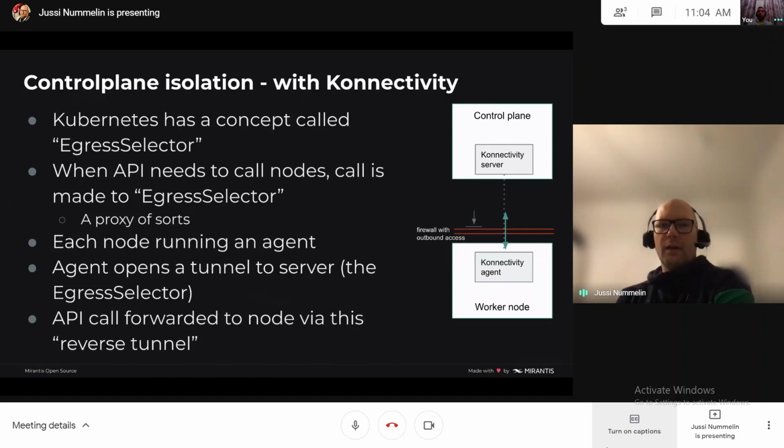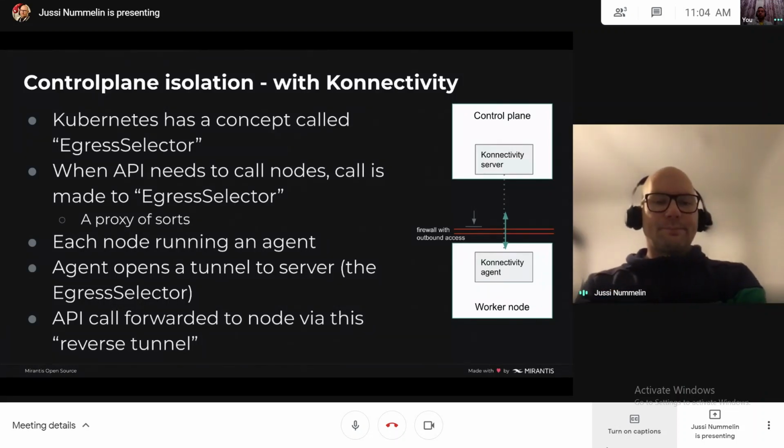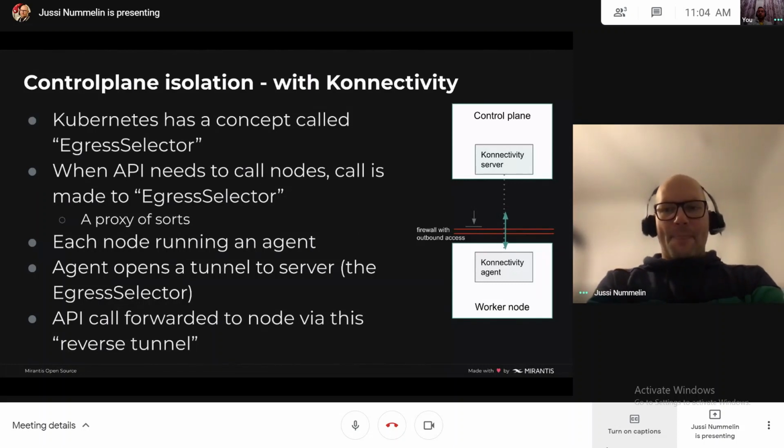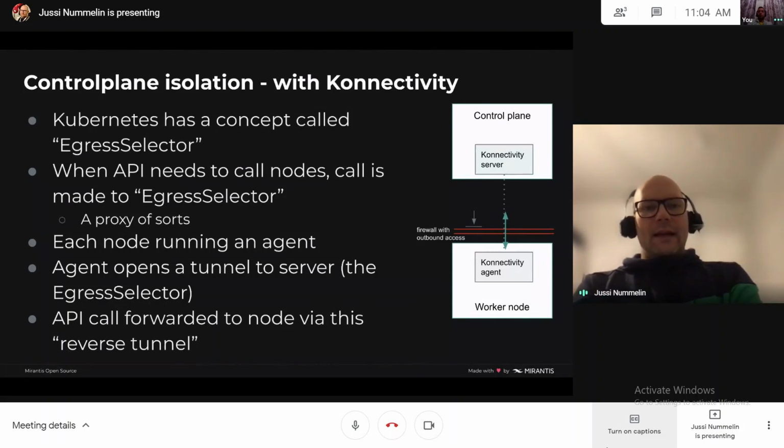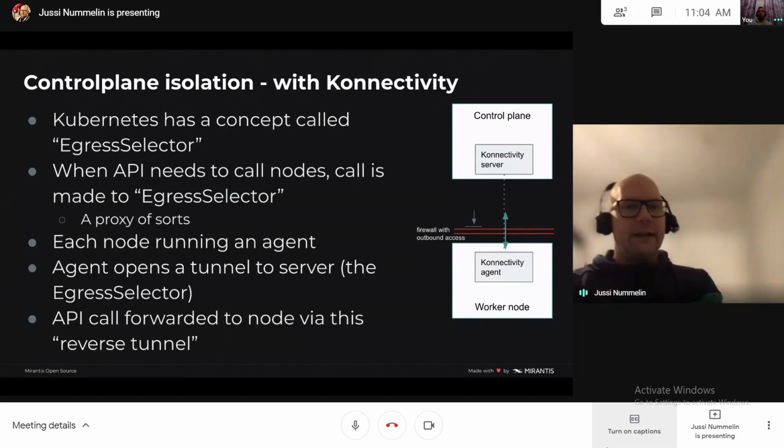But the control plane is now isolated from the worker plane. Kubernetes has a less known concept called egress selector.